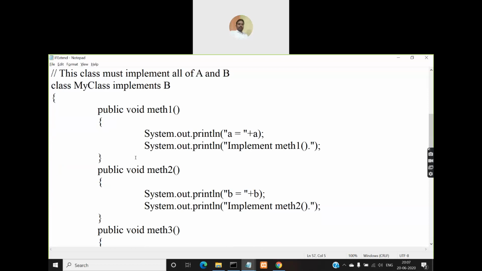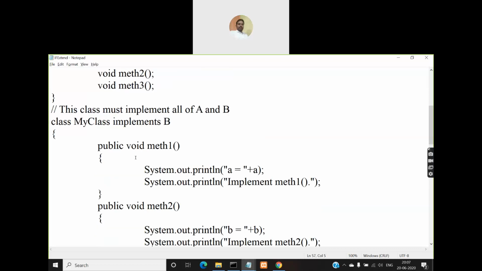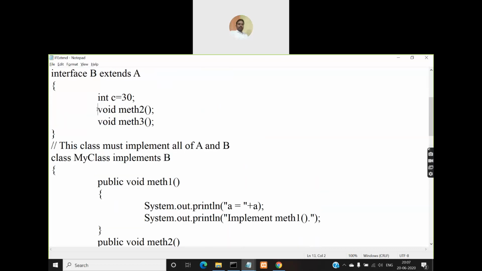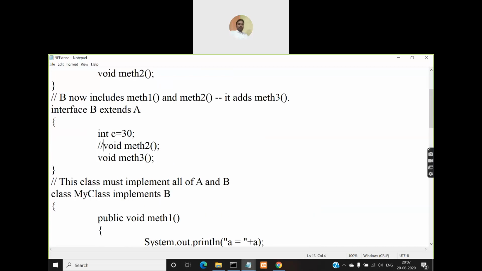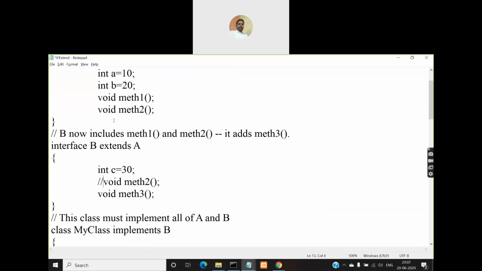So anyhow, there you will give only one implementation, so you will not come across any such overriding concept in interfaces, right? So it is useless declaring another method in sub interface B with the same name as that in super interface A, right? So it is meaningless, useless creating that one. It will not have any effect. So you will not come across any overriding or hidden variables. So there is no need of using the super keyword. So there is no constructor concept for interface. So you will not come across any use of the super keyword.